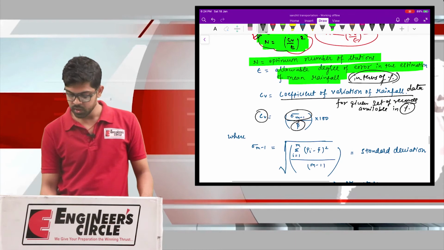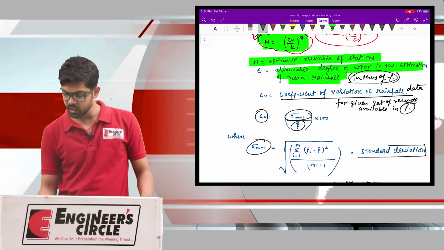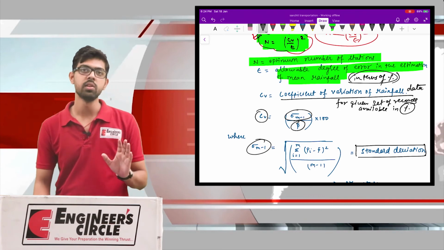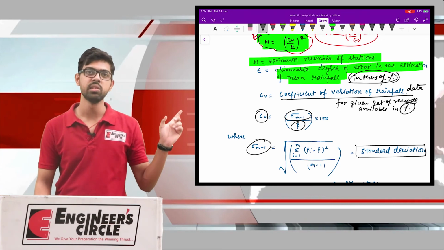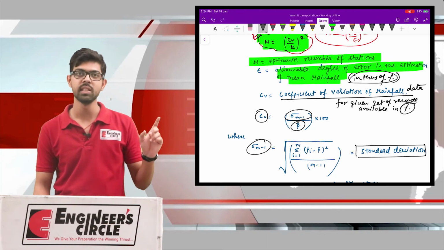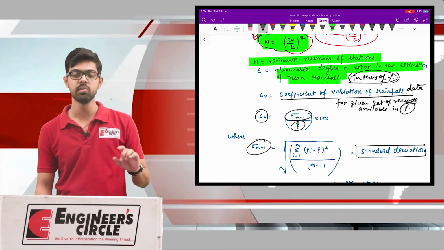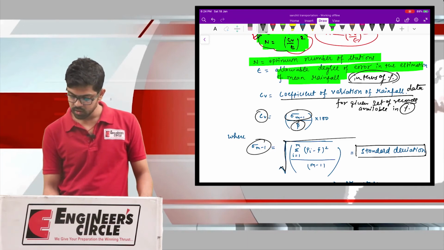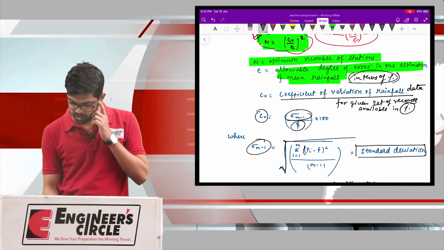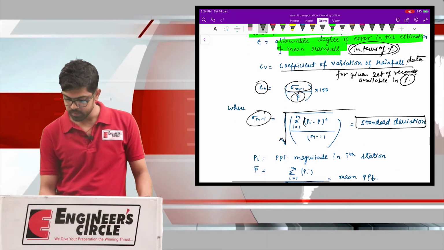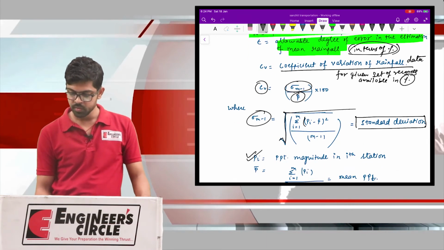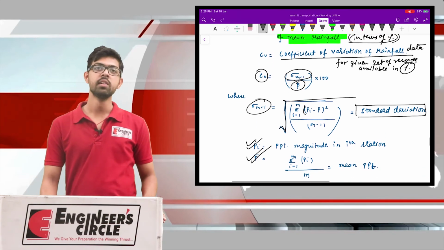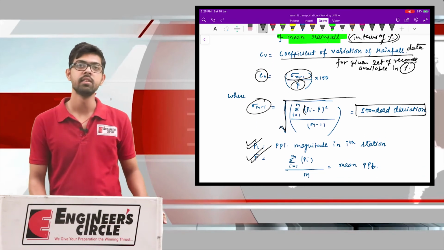What is the sigma m minus 1? What is this p bar? The sigma m minus 1 is called the standard deviation for the given set of records. So you will be given a certain set of records, and we will find out the standard deviation for this record. This standard deviation is denoted by sigma m minus 1, and it will be given by the formula mentioned over here: under root of summation of (Pi minus p bar) whole square upon m minus 1. So what is this Pi? Pi is the magnitude at any ith station, and p bar is your average or mean rainfall data.